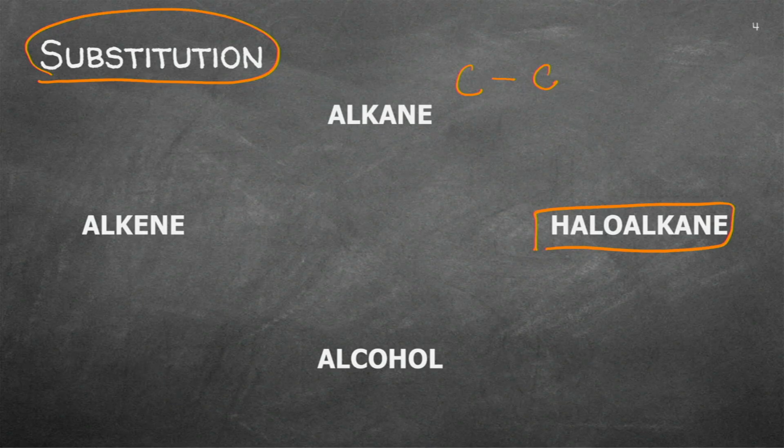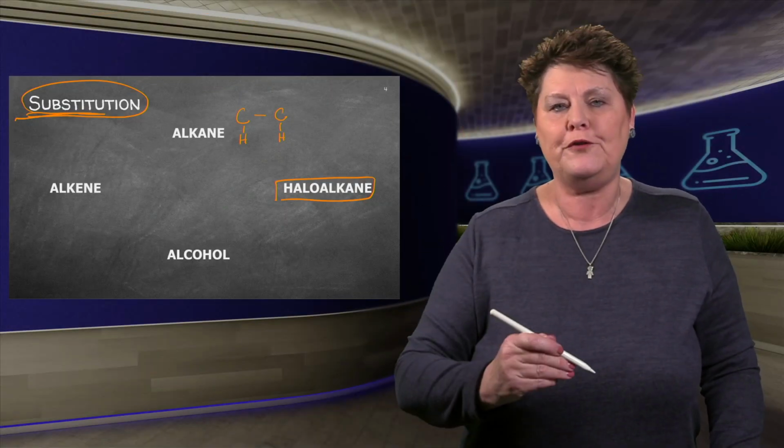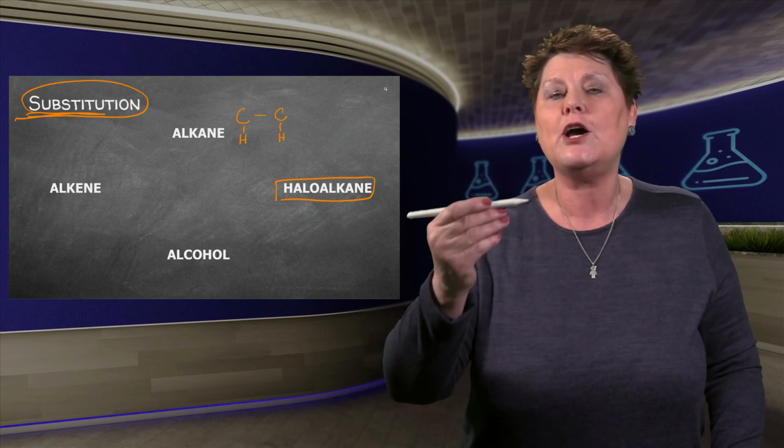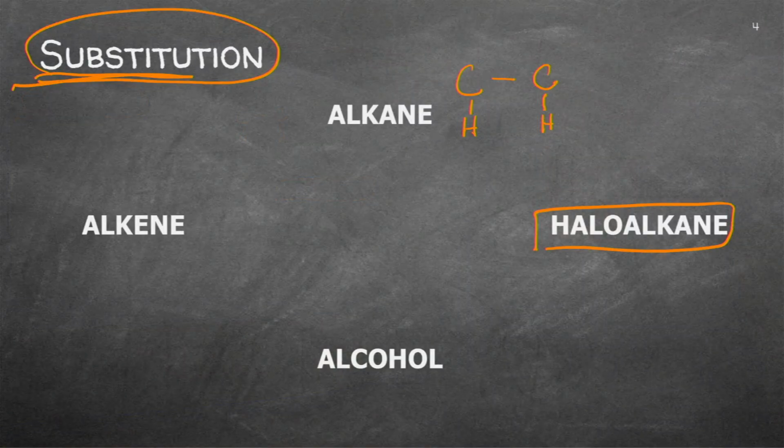Now you can see I already have a hydrogen bound to the carbons. So you know, if you've been playing sport, if you substitute a player, one must come off the field before you can let another player go on the field. So what's going to happen here is that I'm actually going to take one off so that another halogen or another substance can bind. Let's say, for instance, a bromine there.